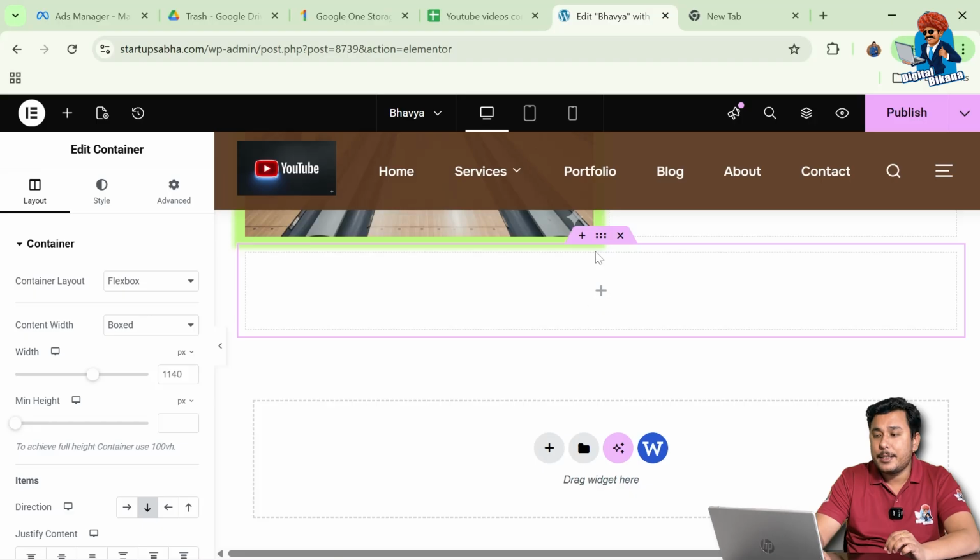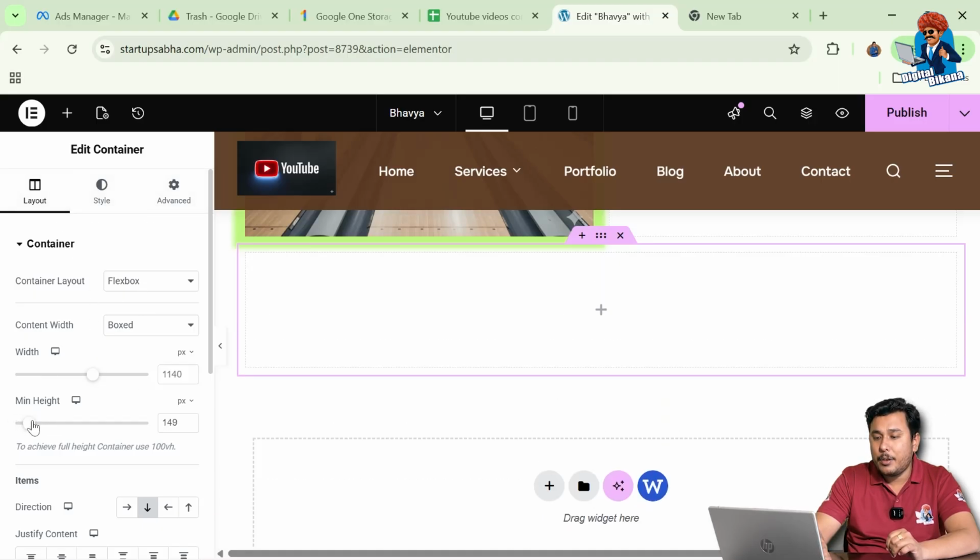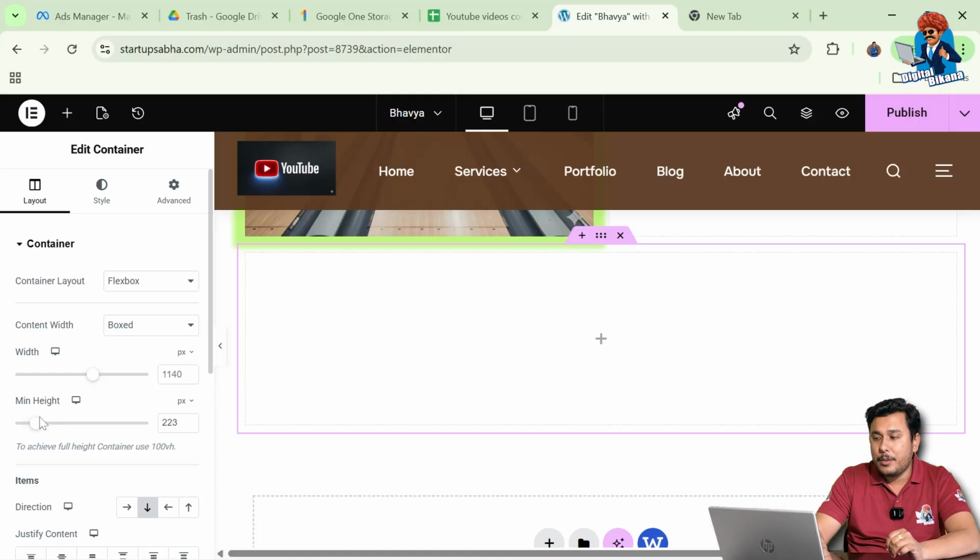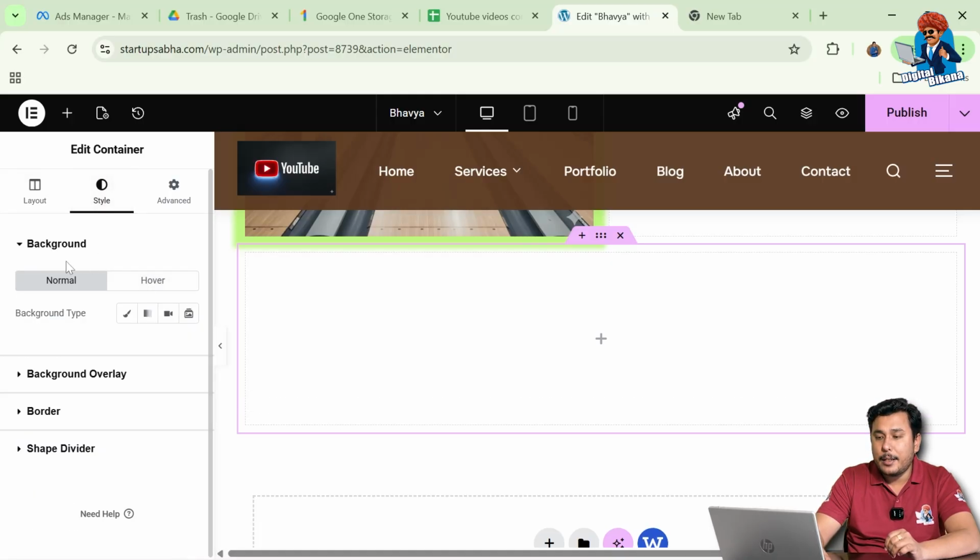And for editing this section we need to click on the six dot icon just above the section. So we have clicked on that, and in the left side toolbar there are three settings: layout, style and advanced. And in the layout setting we can simply increase the height of this particular section. Okay, and now we are moving towards the style setting, and in the style setting we can simply add a